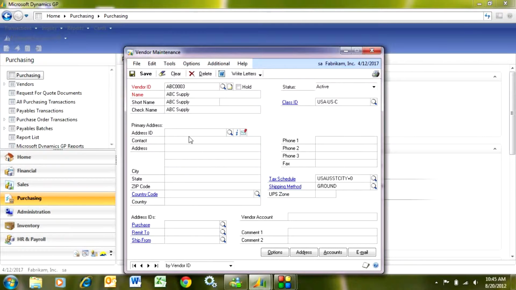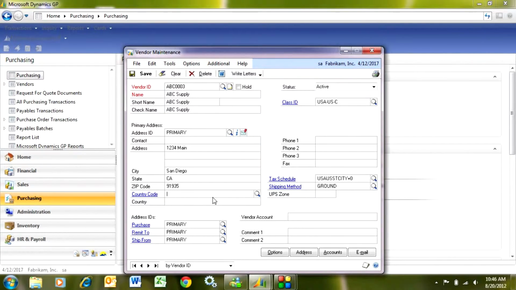I need an address field, and basically I need to enter an address ID. An address ID is just the name of an address. So I usually use this, and I just put in the address. And I'm done. So this is the first page of my vendor master file, and I can have multiple addresses